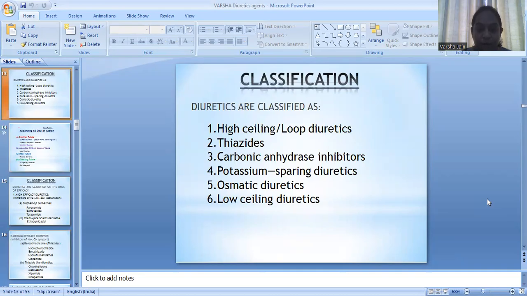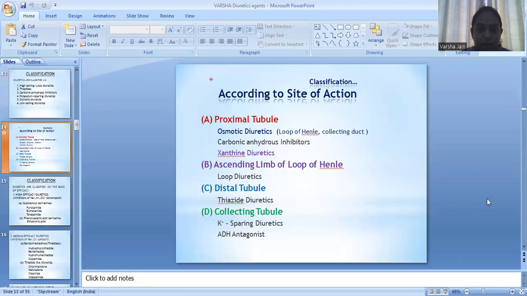Coming to the classification of diuretics: high ceiling or loop diuretics, thiazides, carbonic anhydrase inhibitors, potassium sparing diuretics, osmotic diuretics, and low ceiling diuretics. According to the site of action: in the proximal tubule, osmotic diuretics, carbonic anhydrase inhibitors, and xanthine diuretics. On the ascending limb of the loop of Henle, loop diuretics. On the distal tubule, thiazide diuretics, and on the collecting tubule, potassium sparing diuretics and